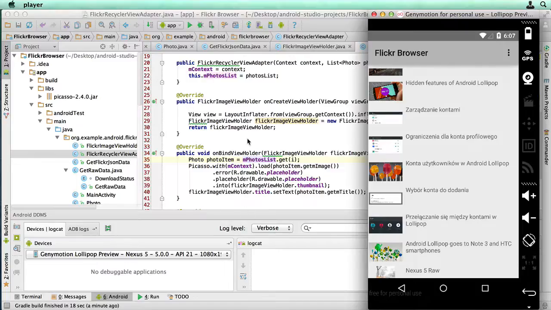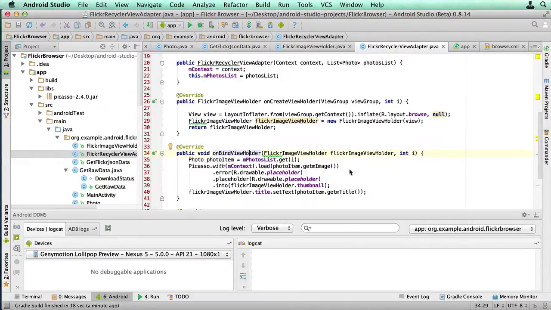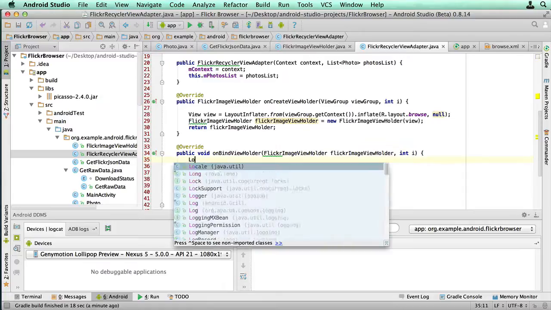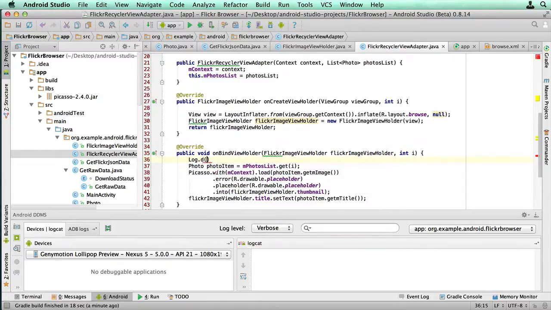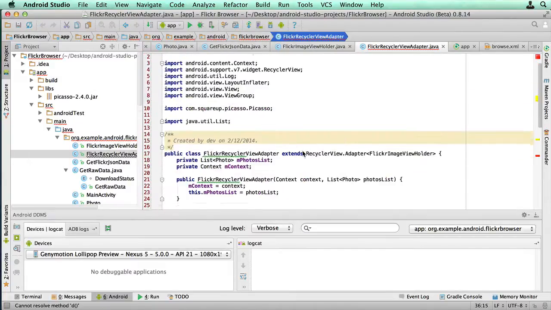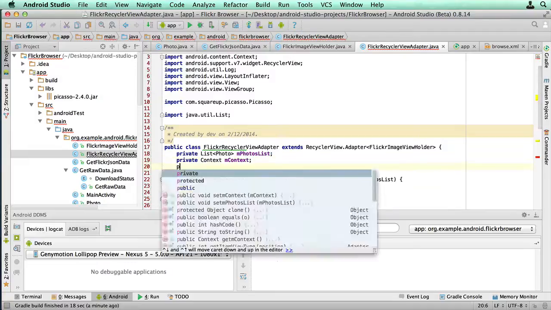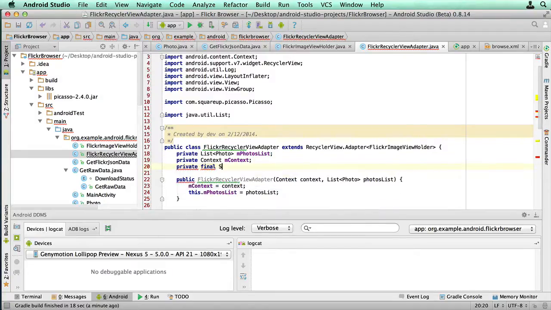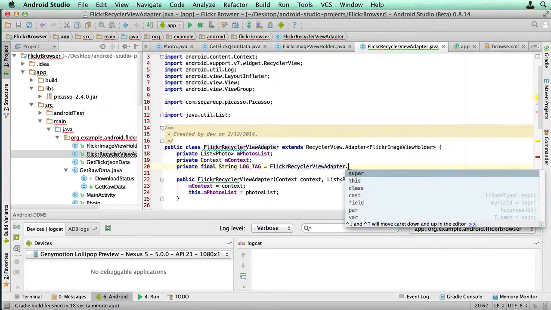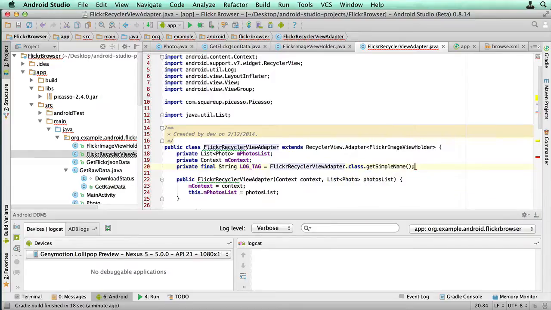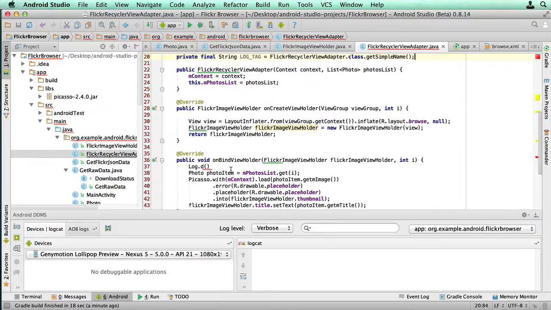And just to check that that is working, we can put something here. So we could just put a log statement in there. So Log.d, log tag. Did we have one here? I can't remember. No, we didn't. We might actually add one. Private final String LOG_TAG equals FlickrAdapter.class.getSimpleName(). So we'll do that, and we'll go LOG_TAG,